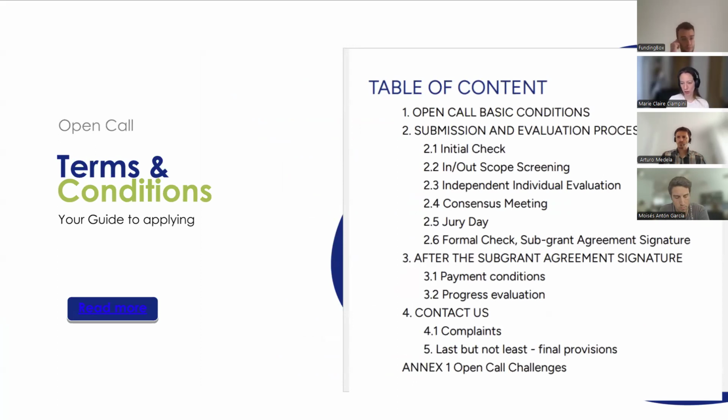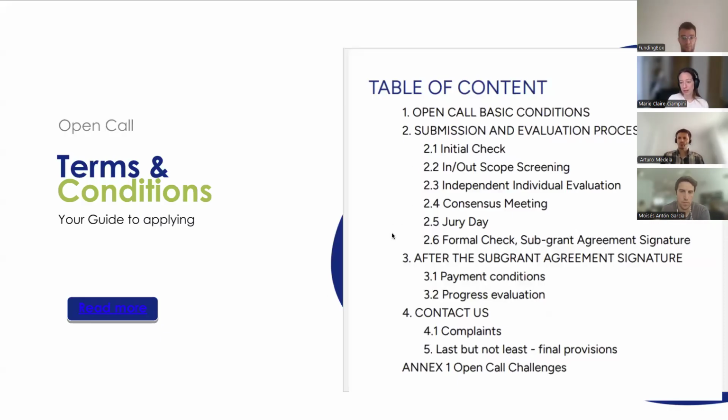And this is another critical document that you must absolutely read if you want to increase your chances of successfully applying. So in this document, you will find the open call basic conditions, and this is basically indicating whether or not you are eligible for the open call. So as I mentioned earlier, there were some specific criteria you need to meet. You need to be a single applicant. You need to be from a member state and associated country. So all of this information can be found in this document. And if you apply without reading this document, there's a high chance that you're going to miss something that is critical to your successful application.